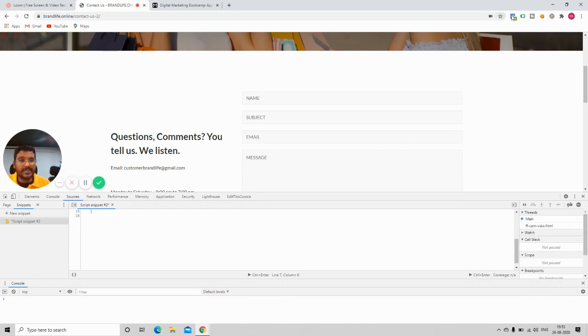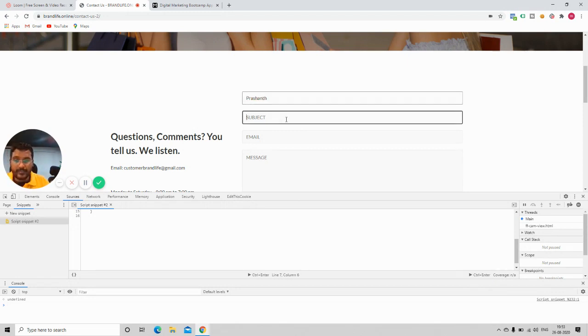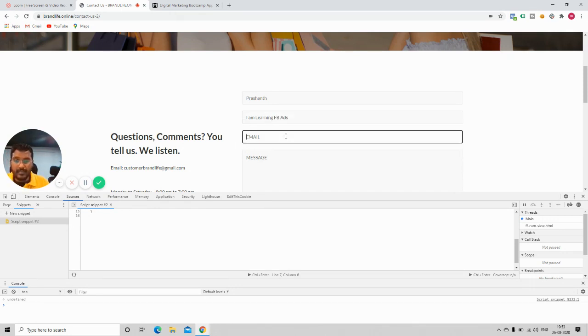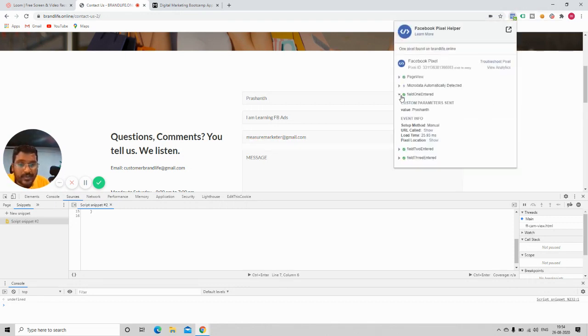So whenever the page refreshes, what is happening? Only the page view is sent, right? Now I'll say, Prashant, subject is I am learning FB, email is measuremarketer@gmail.com. See what will happen. The moment focus out happens, the value is sent.